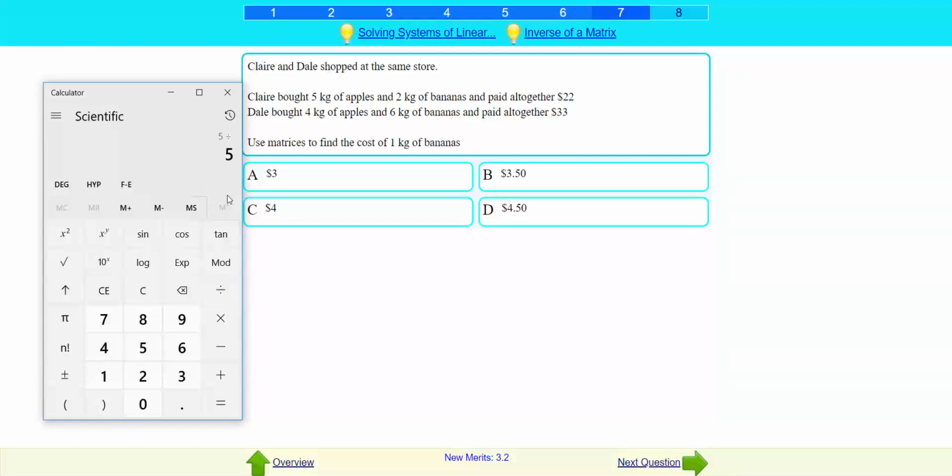And then 5 divided by 22, we would be getting 0.227. There's the inverse. Now, if we multiply this by 22 and 33,